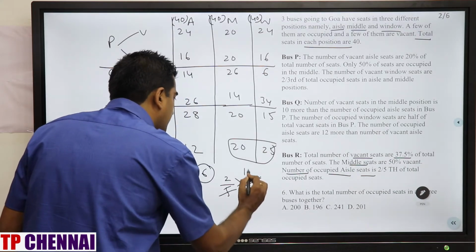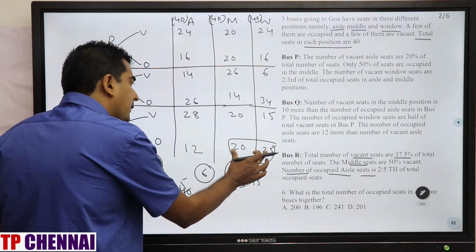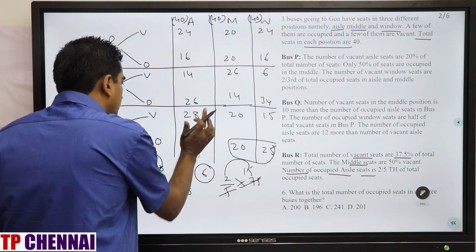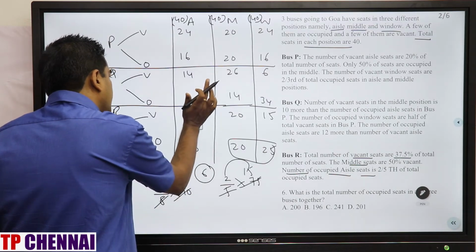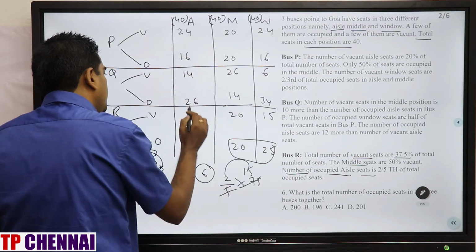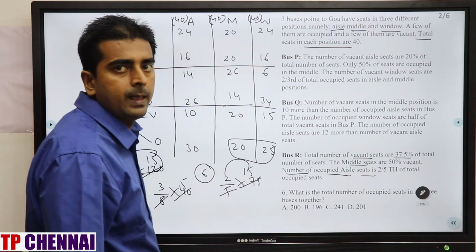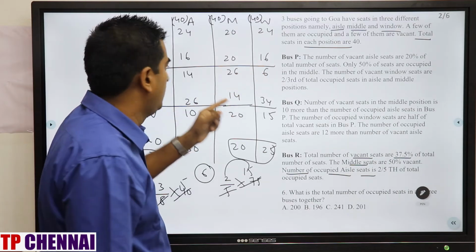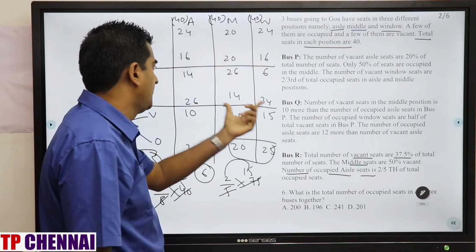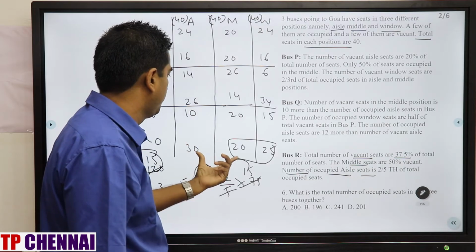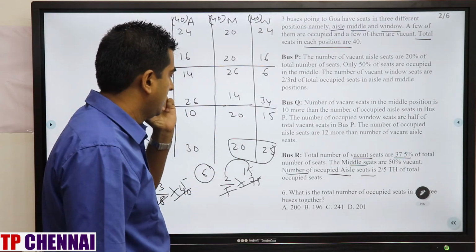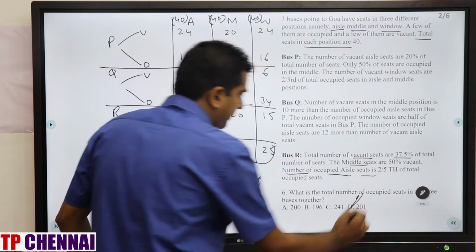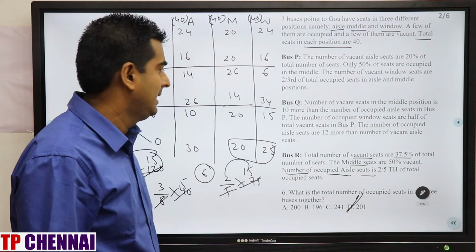Okay, here it will be 30 because out of 120, 45 is here, remaining is 75. 2 by 5, this will be 30. This will be 10 then. Right? Okay. 16 plus 20, 36 plus 16, 52, 52 plus 40, 92 plus 34, 126, 126 plus 50, 176 plus this number, 201. Right? Next one.